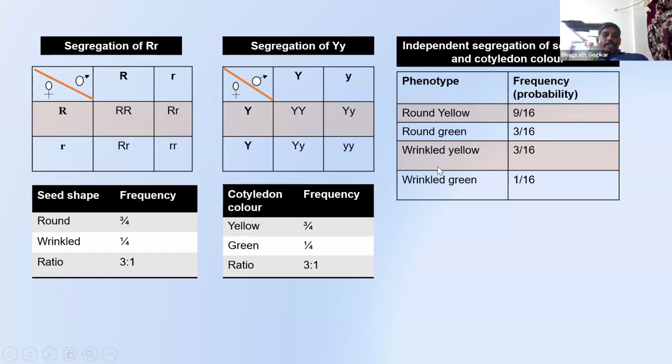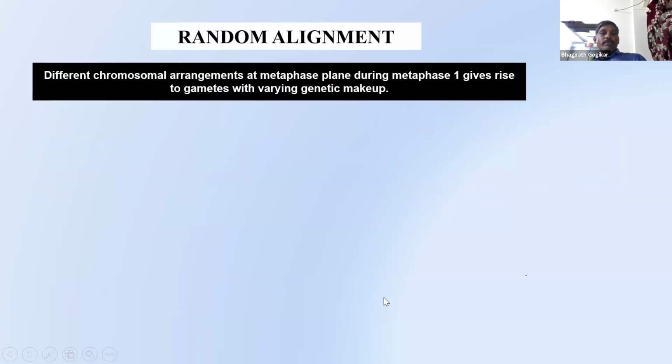3/4 into 1/4. How much is it? 3/16. In the same way, wrinkled yellow. Wrinkled how many here? 1/4. Yellow is here 3/4. 1/4 into 3/4. How much is it? 3/16. And last one is wrinkled. What is that wrinkled here? 1/4 part. And green is 1/4. 1/4 into 1/4. How much is it? 1/16. So the law of independent assortment says that